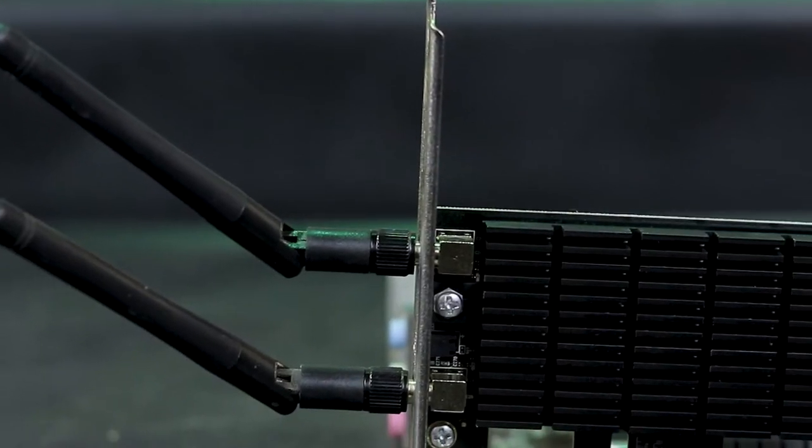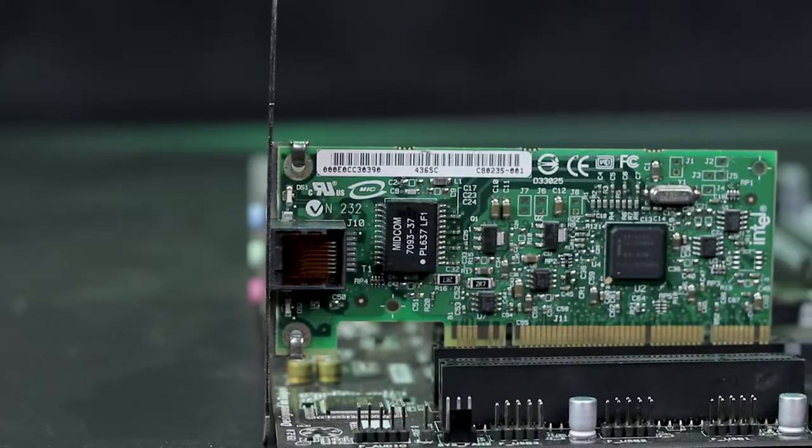Now for networking on here, I am going to be installing a wireless card. This is going to be a TP-Link Archer T6E. When I was rocking Windows 7 in the old Wi-Fi build, this wireless card had no problem whatsoever. However, I have been reading that it doesn't play nicely with Windows 10, which is what I'm going to be installing in this rig. So, as kind of a backup and a CYA, I am going to be installing an Intel Pro